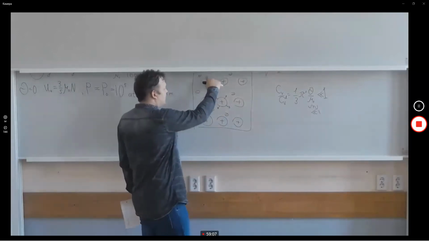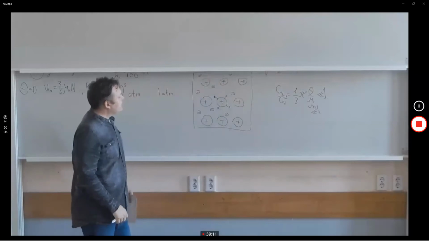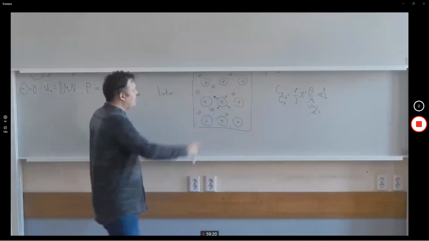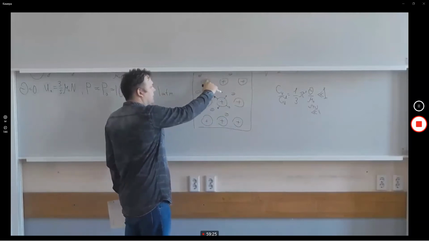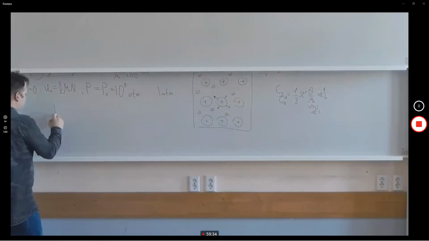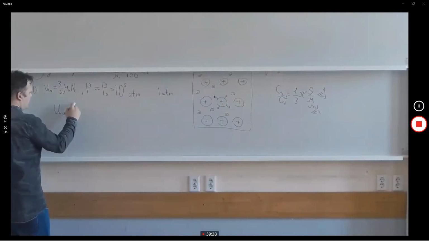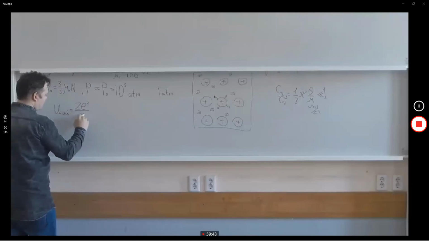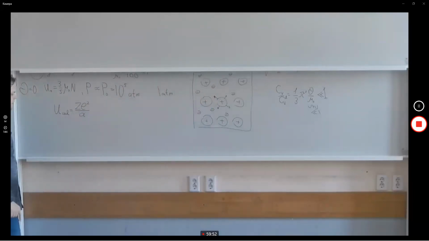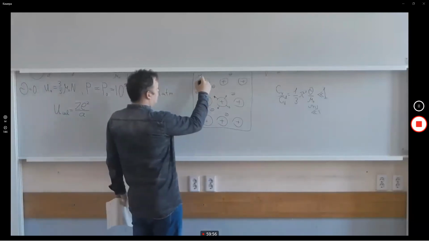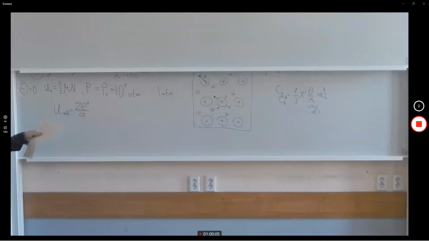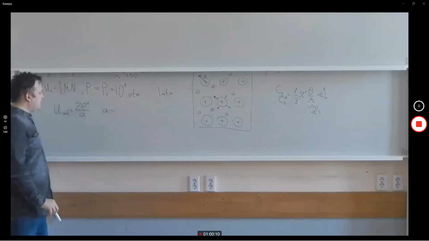So let me forget about interactions between electrons and electrons. It has the same magnitude as the interaction between electrons and ions. So I estimate the energy of interaction between electron and ion. The energy of Coulomb interaction can be represented as follows. Here, Z is the charge of the ion, e is the elementary electrical charge, and r is some average distance between electron and ion. I can estimate very roughly that the distance has the order